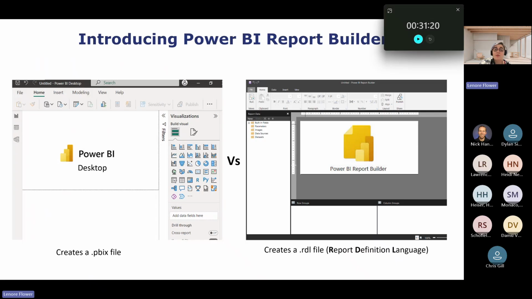I'm a big fan of don't fix what's not broken, right? So if you've got a report that's doing you just fine, keep using it. But there are some reasons that I'll touch on at least briefly in the presentation that will help to make the why of how that can be valuable more concrete.